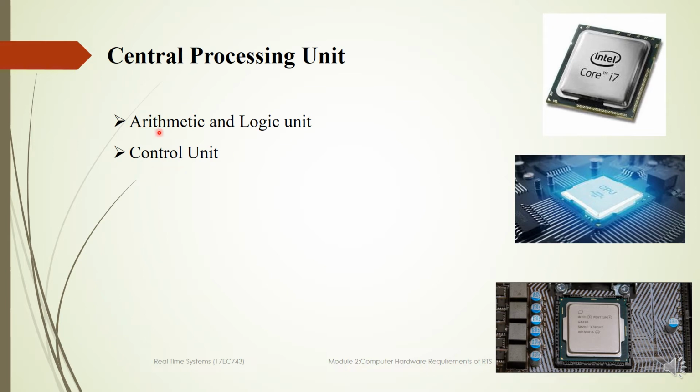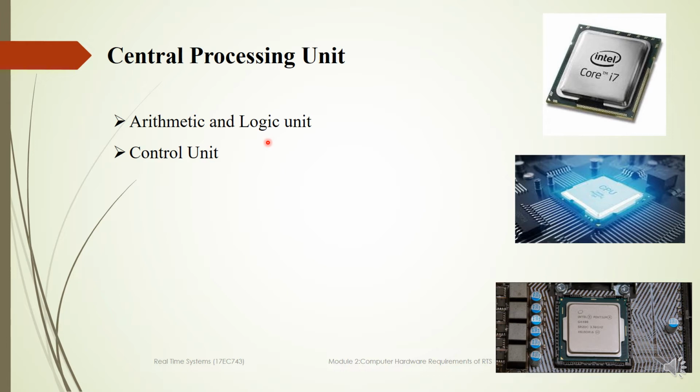So we need to understand what the arithmetic and logic unit is. The arithmetic and logic unit is a digital circuit that is used to perform arithmetic and logical operations. When I say arithmetic operations, it is nothing but addition, subtraction, division, multiplication. Logical operations include OR, and so on. The ALU is very important because it enables the computer to perform mathematical operations on binary numbers. It also handles both fixed point numbers and floating point numbers.